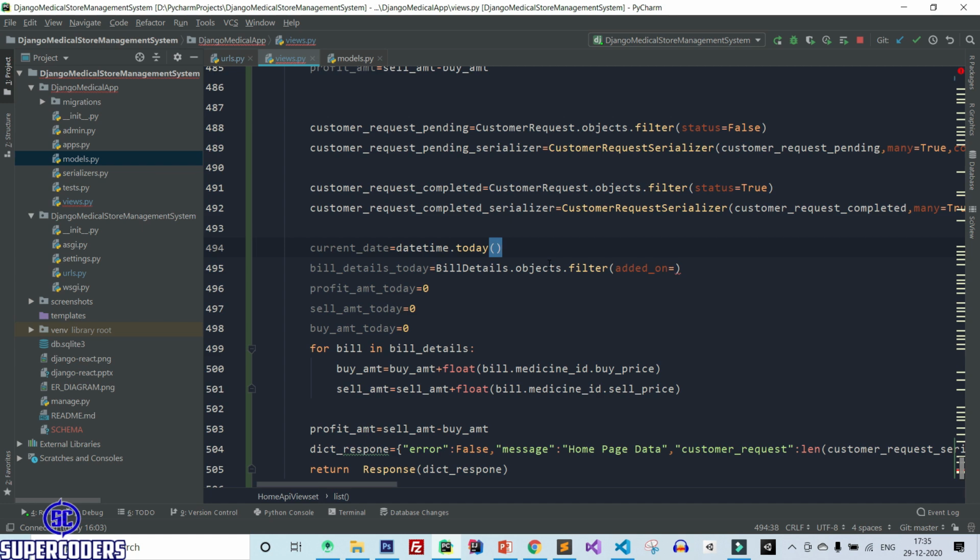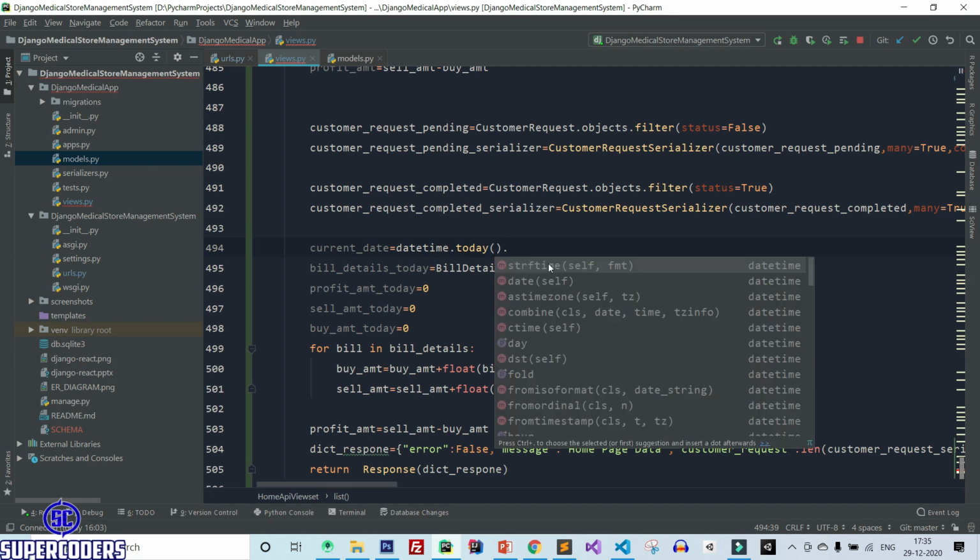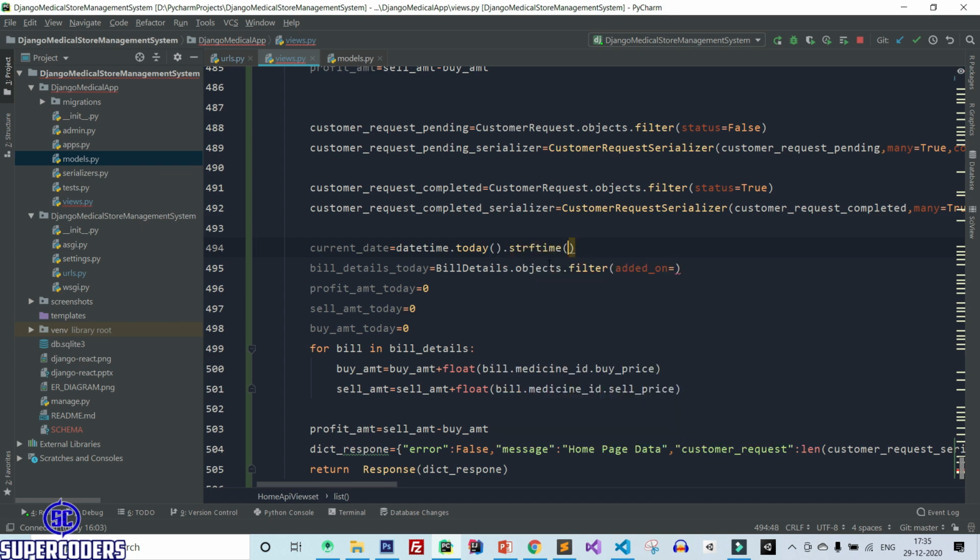After that dot strftime, and pass the placeholder of viewing. So y, m and d. So here y is year, m is month, and d is date.